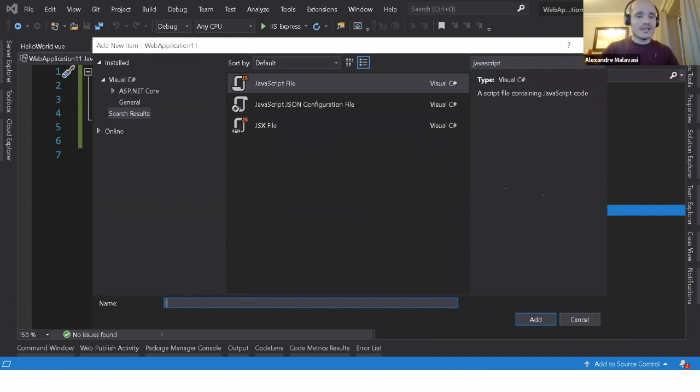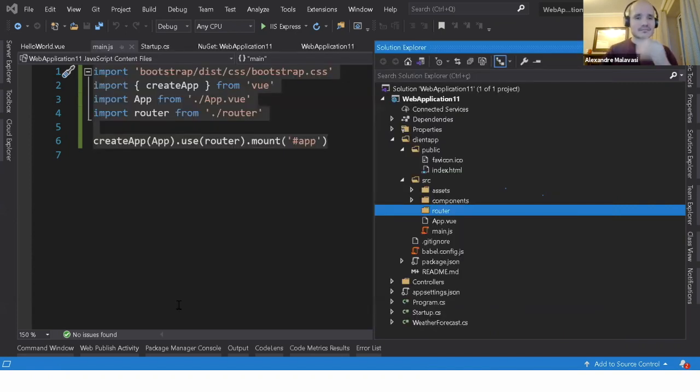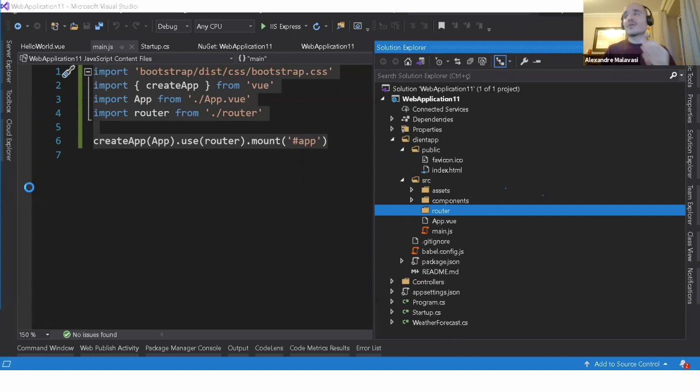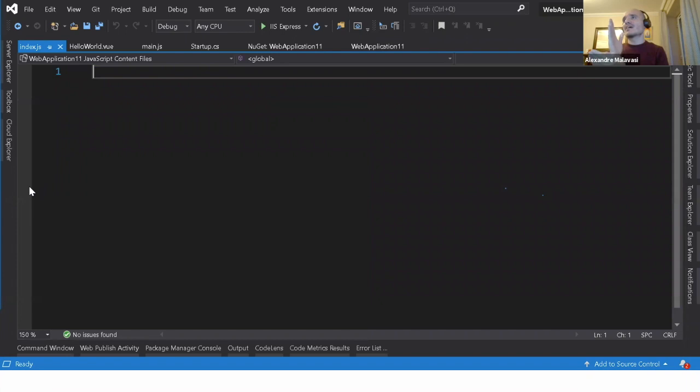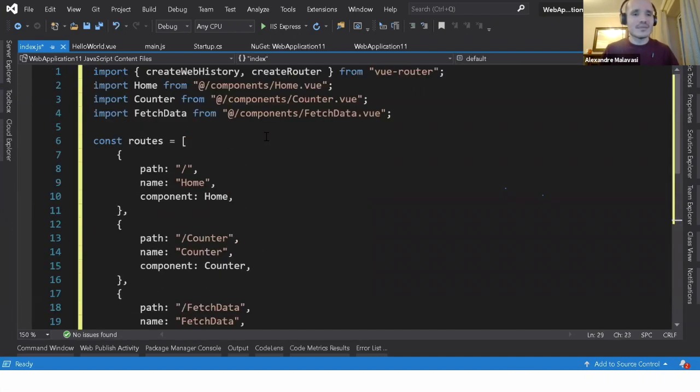I'm going to call it index.js. So in this file, we are going to specify all the components we want to render using the specific URL path. So if you have a component that's going to be rendered as a child component in a page, you don't